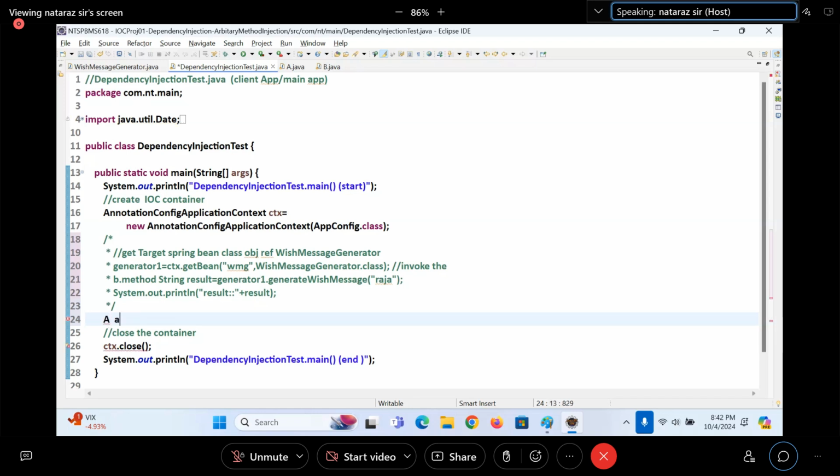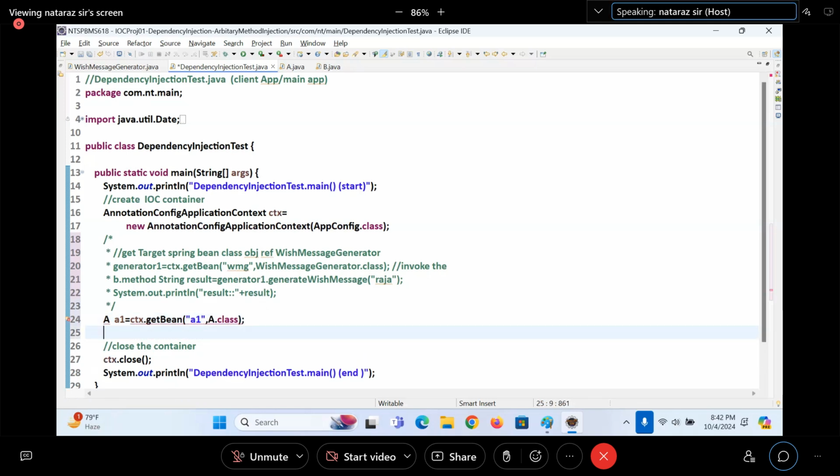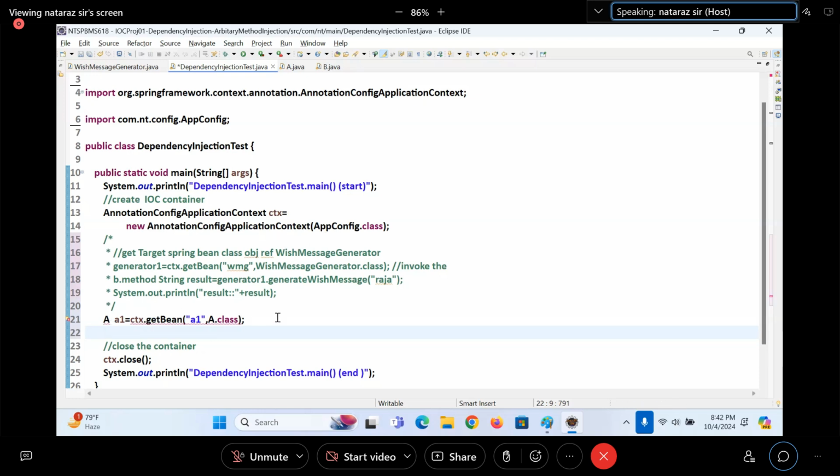Okay, guys. A1 is equal to ctx.getBean. What is there? A1, A.class. A1, A.class. Container ctx, A1. Control plus Shift plus O.